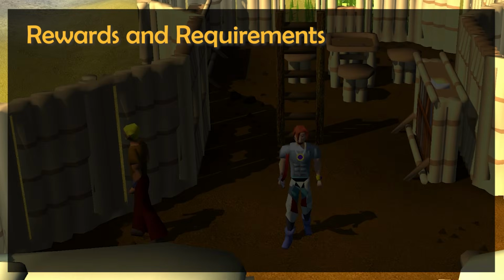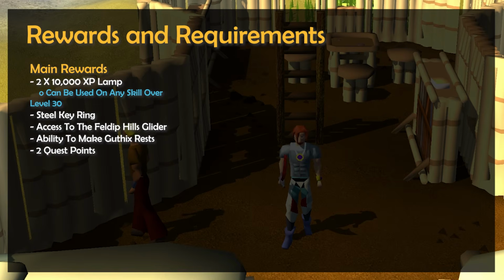Get ready for a quick quest guide for the one ridiculously long, small favour quest, in which the main rewards for completing are 2 10,000 experience lamps that can be used in any skill over level 30, a steel keyring that can hold a range of keys, access to the Feldip Hills glider, the ability to make Guthix rests, and